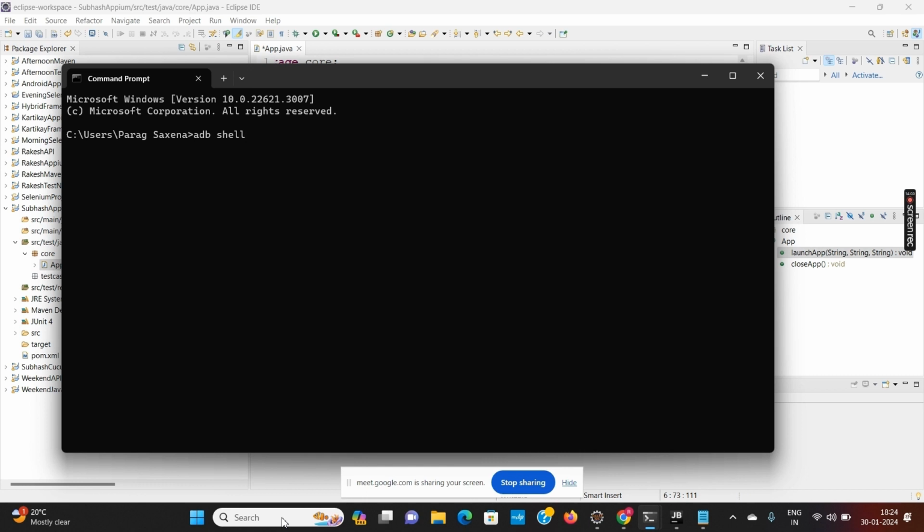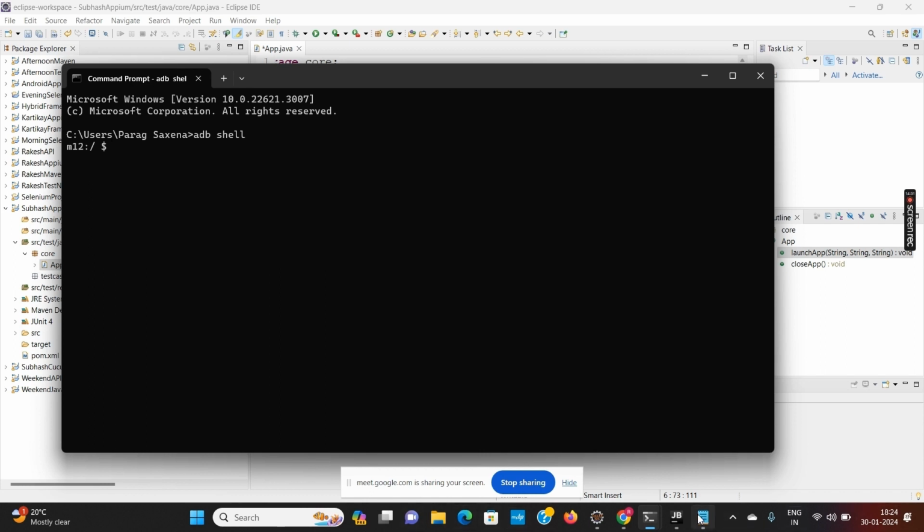When your mobile is connected, you have to write this. Or even if your mobile is not connected and you are using the emulator, then you have to start the emulator, same process which we have discussed. You can use a real-time device, you can use the emulator. Then when your emulator is working, you can use this adb shell. And when you write adb shell, it starts blinking.